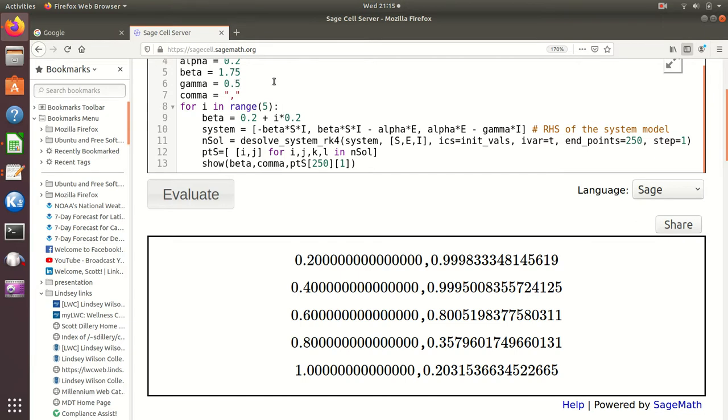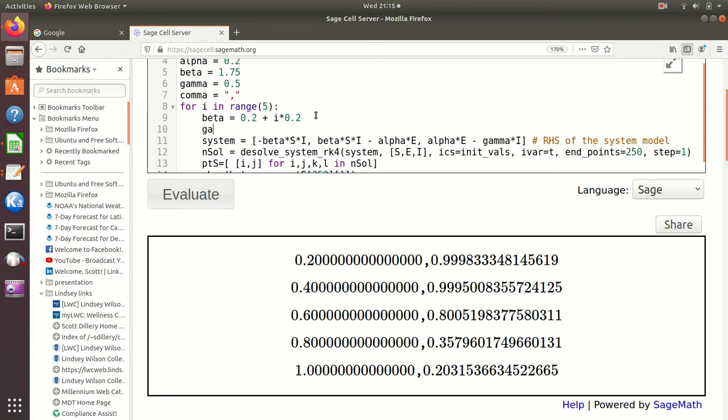So there's my 0.5, and if I want to change them both within the loop, all I have to do is come in here and say, oh, gamma equals something, and so actually